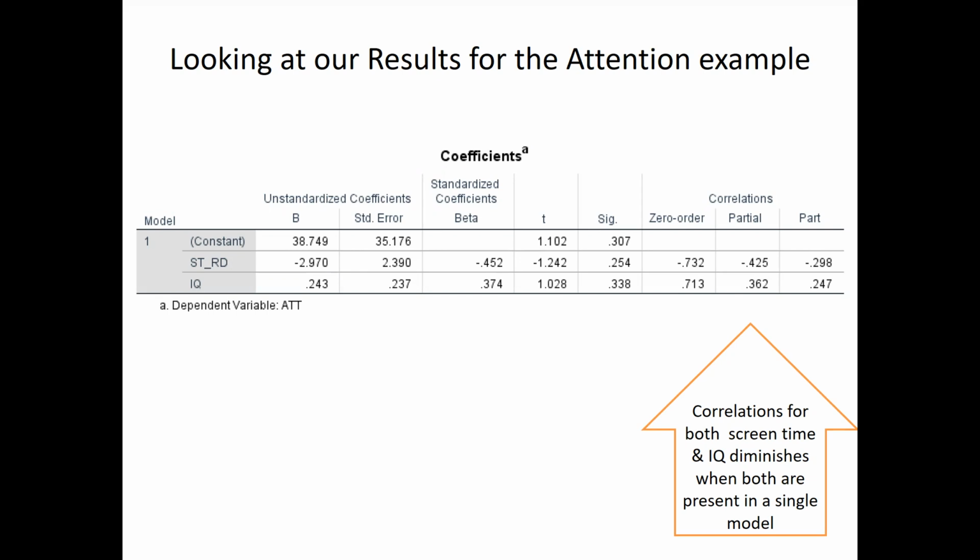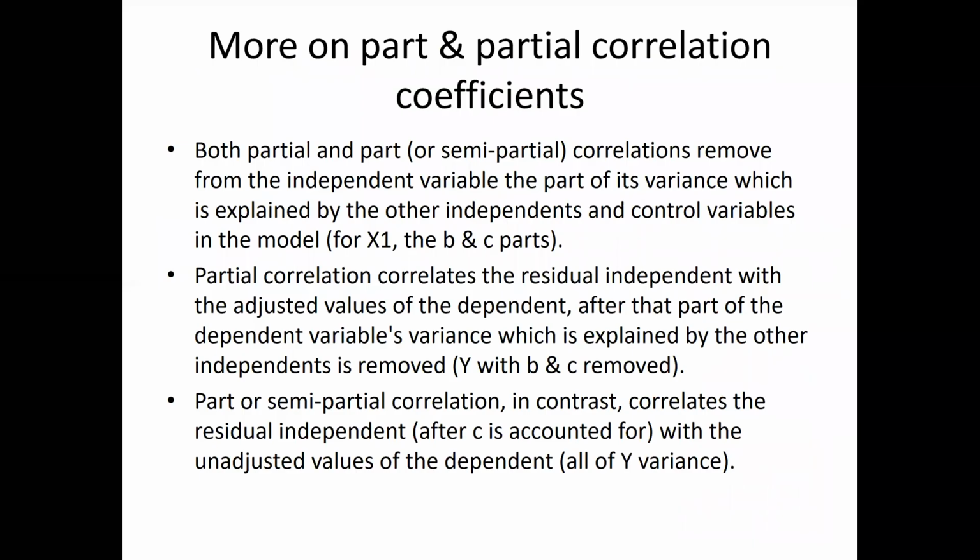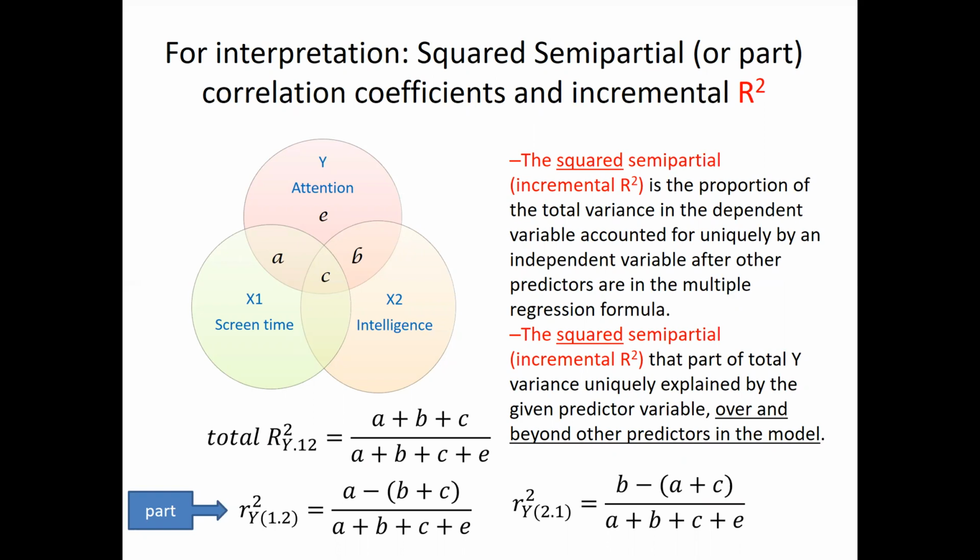IQ, if we had looked at that, also has a significant relationship to attention. Note, though, that when they are both in the model, their relationships are no longer significant. And you may say, well, why is that? That is because they have a very high C component. I've drawn it in a convenient way here, but you can think A plus C, if you didn't have intelligence in there, is statistically significant in explaining total variance. B plus C is statistically significant, but uniquely on their own, neither A nor B is